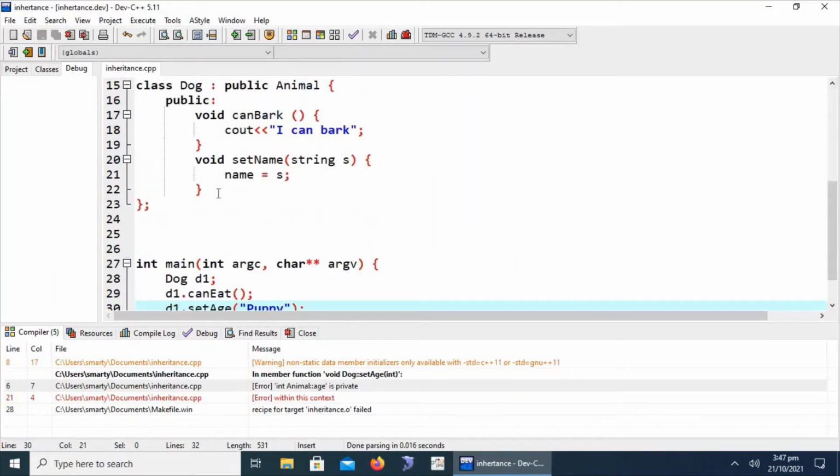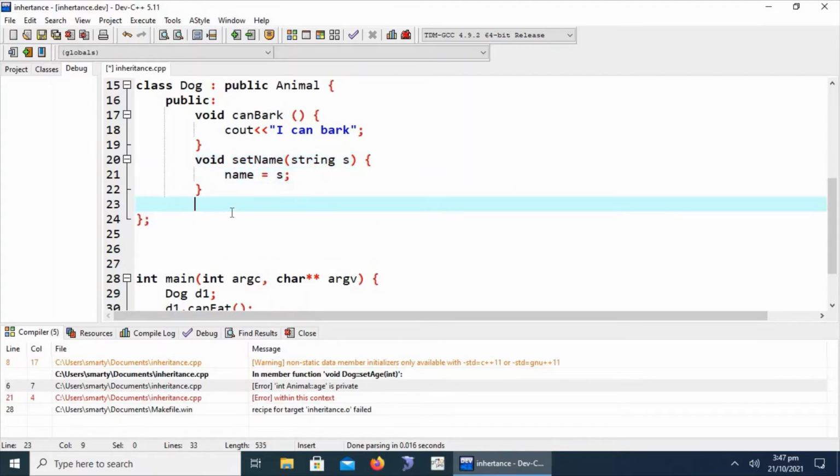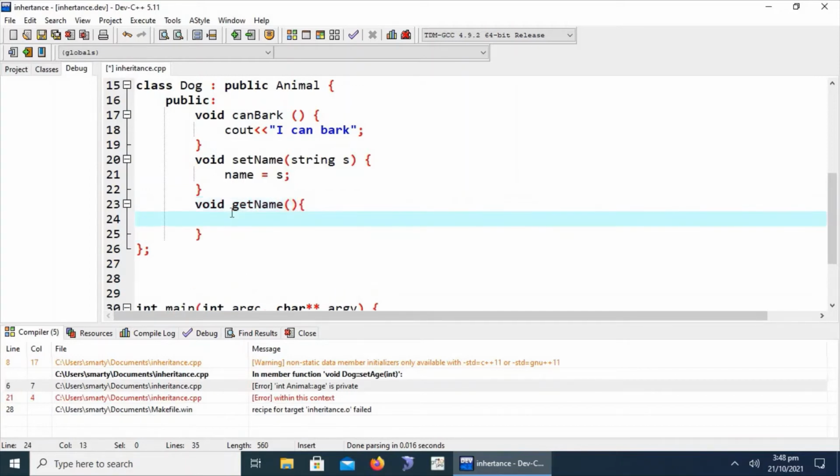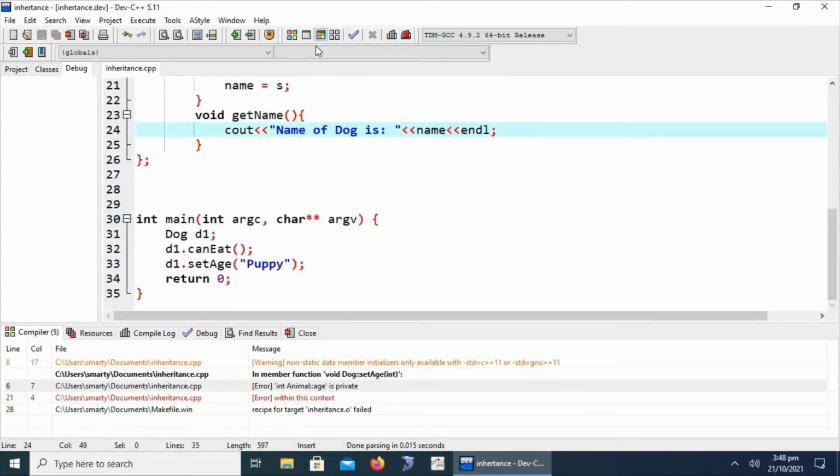Saving this project, and similarly we are going to write the getter of the class: cout name of dog is name. Okay, now let's check. Is there any error?